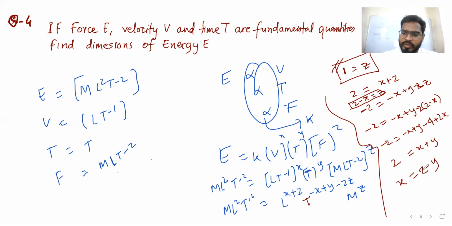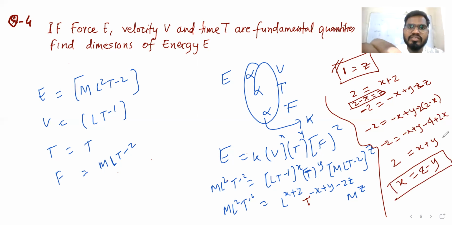So we got two equations. One is what? X is equal to minus y. Z is equal to 1 also. X is equal to 2 minus y. We would have been given there z is equal to 1 and then we converted it. Okay, fine, no problem. So x we can find from here, right?